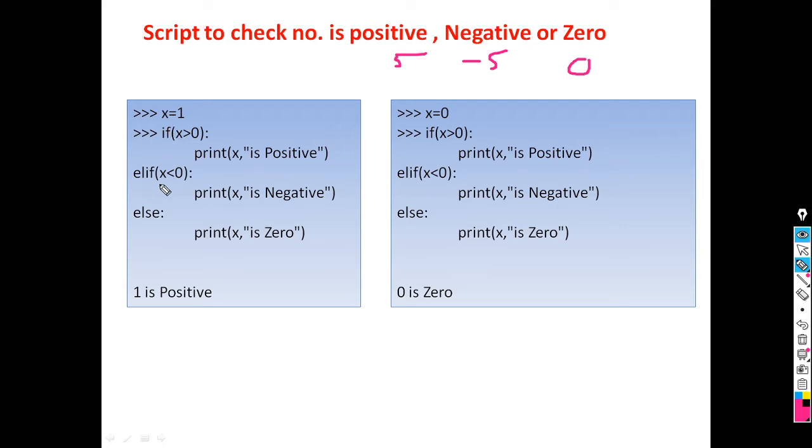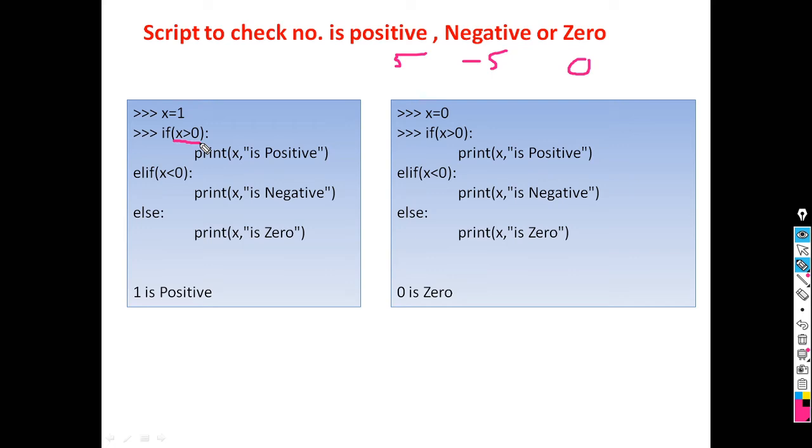Here we used if, again a conditional expression, and then else part, because we have 3 answers. From these 3 we should print only 1. So how will it execute? When x is equal to 1, it will check if x is greater than 0.